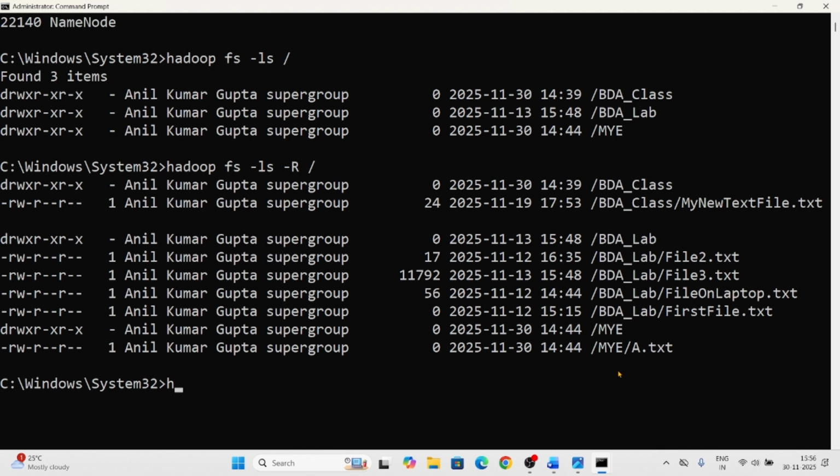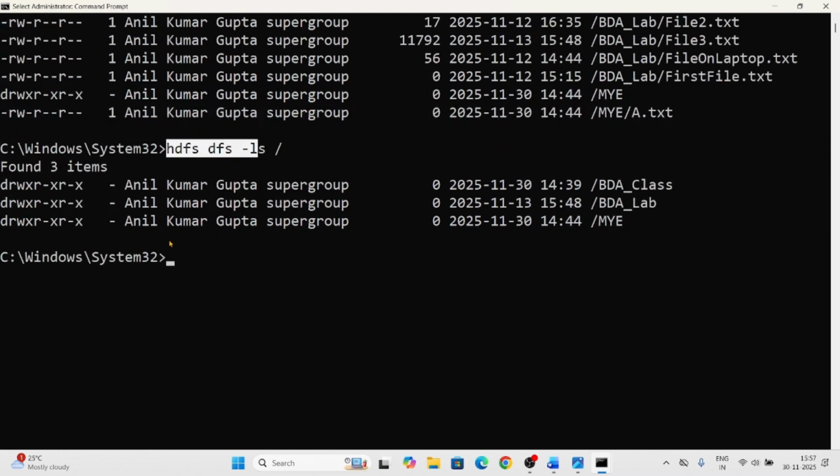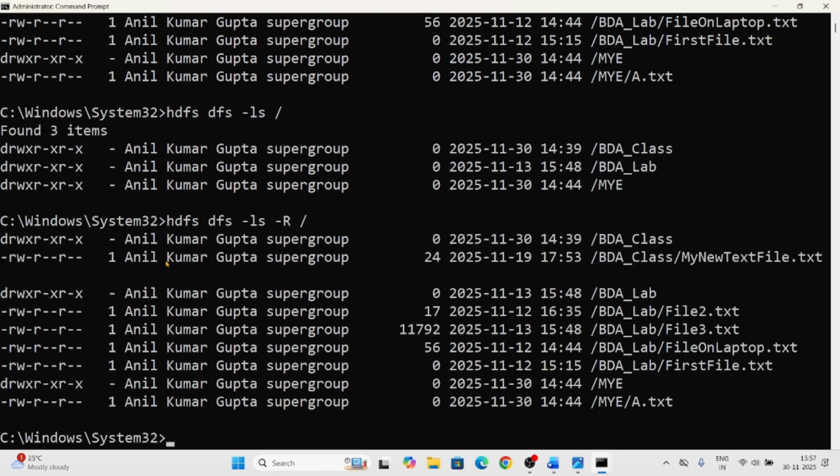Instead of using Hadoop FS, you can also use HDFS DFS and then -ls followed by the root directory symbol, which is the /. So writing Hadoop FS is the same as writing HDFS DFS. Similarly, if I write HDFS DFS -ls -r, it will show me the same output. So both these syntaxes are equally acceptable.